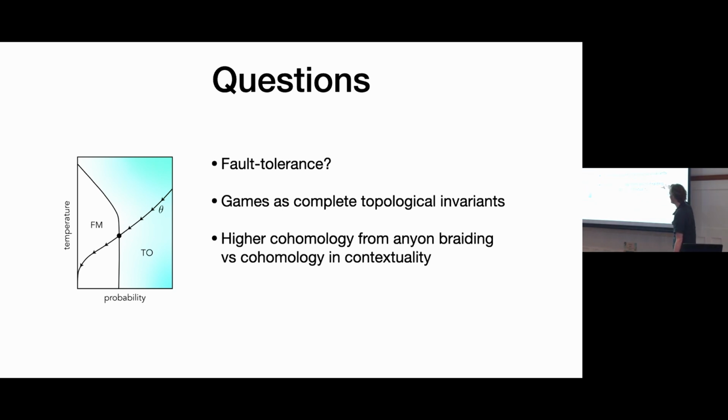And then finally there's a theoretical question that is maybe nice, which is that there are some nice cohomological interpretations of contextuality, where you formulate these algebraic invariants of these tables of operators in terms of some cohomology. And some version of cohomology also comes into the braiding of abelian anyons, where these topological invariants come from. And probably it's the same, but I guess that's also an open question. And so that's where I'm going to leave you. Thanks for your attention.